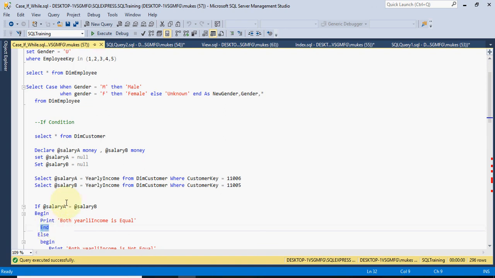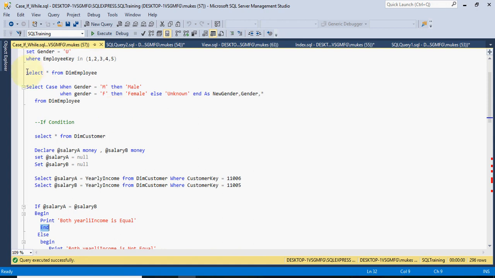And if you want to make any type of update to the data, we can use the CASE statement for a conditional update.